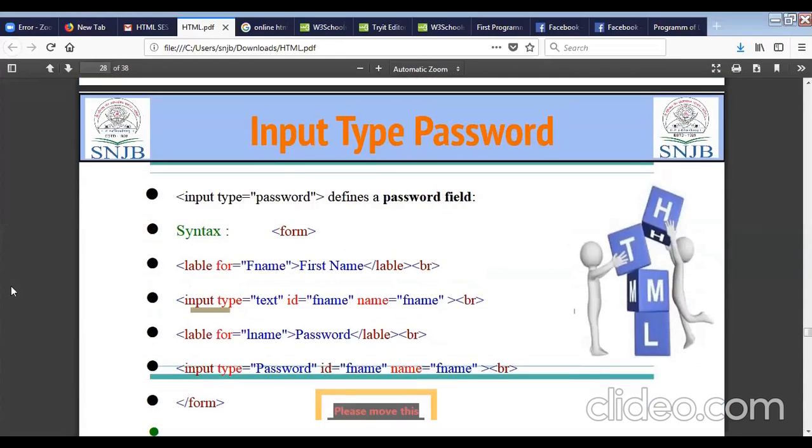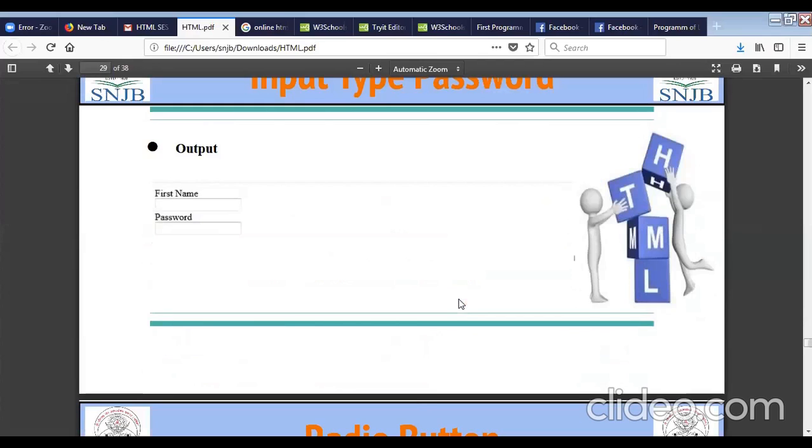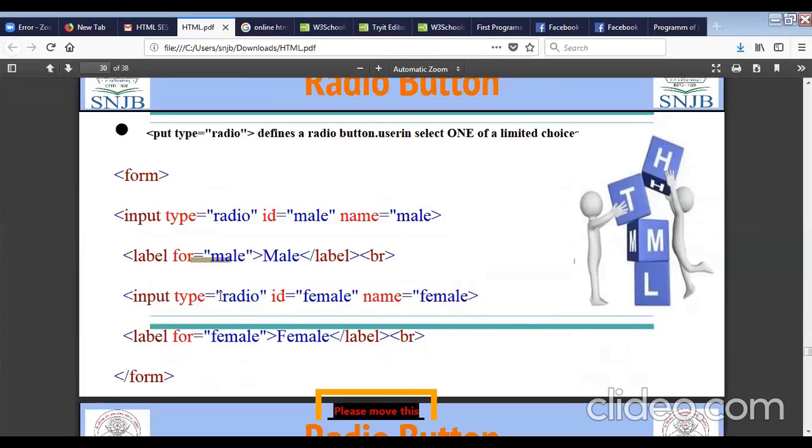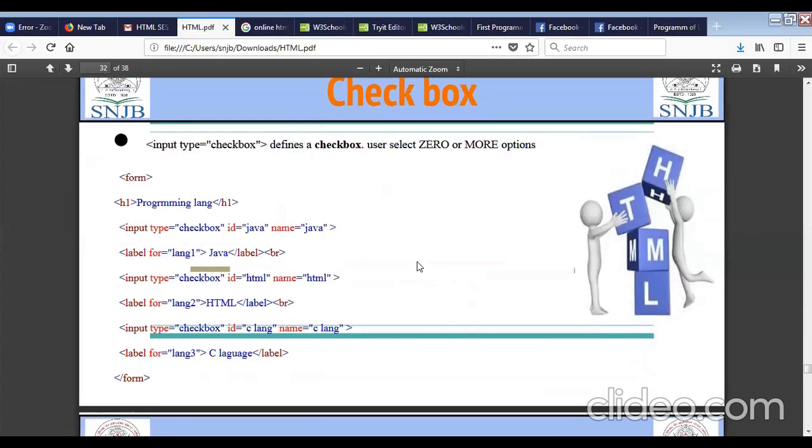Then for inserting a password, we just change the type to password. For a radio button, we just replace the type text with radio. For a checkbox, just change the labeling and replace the type with checkbox.